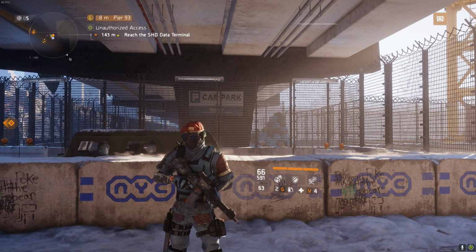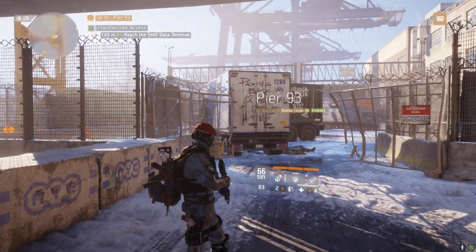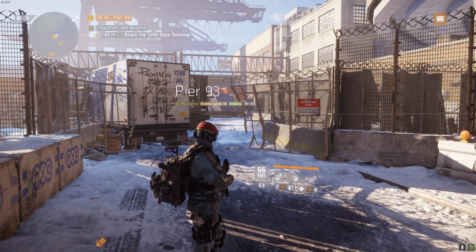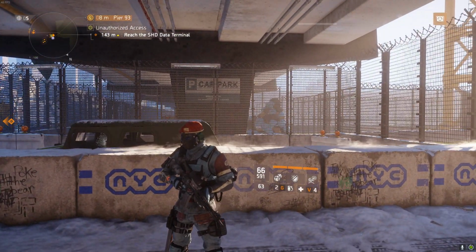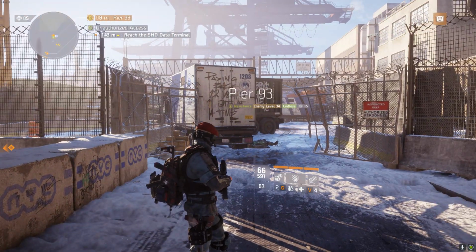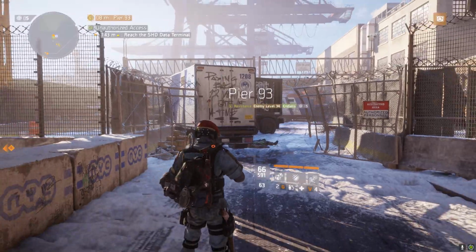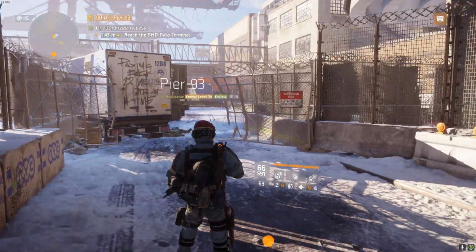Today I'm going to be showing you guys my tactician build here for soloing Pier 93 resistance. Just to double tap on, if you did not see my first part video, what you should be doing right now in The Division, especially if you are looking to unlock more of your commendations or division shields, a lot of that progress can be done in resistance. So I'm going to show you how you can do this with the tactician build,